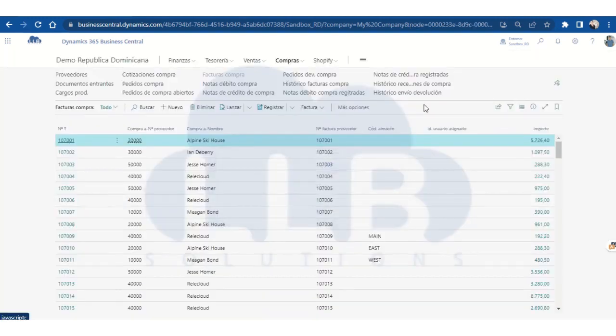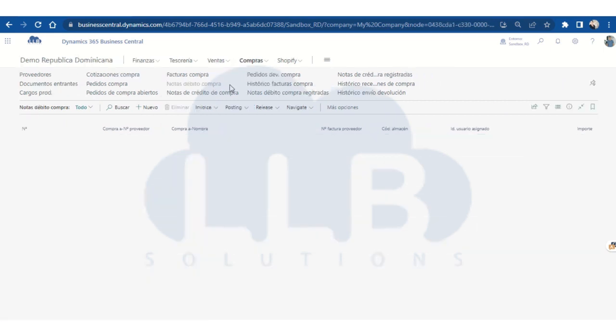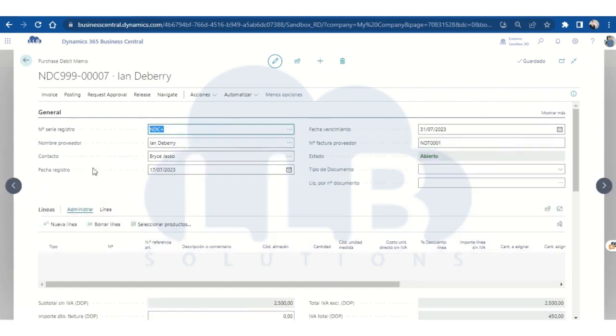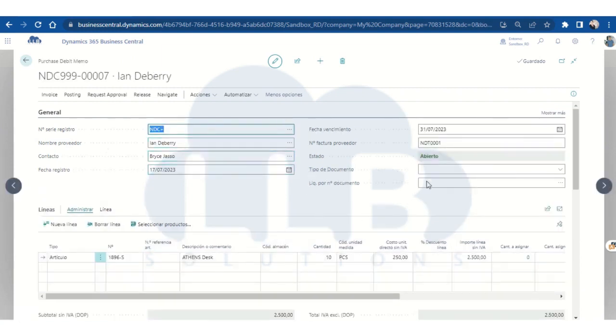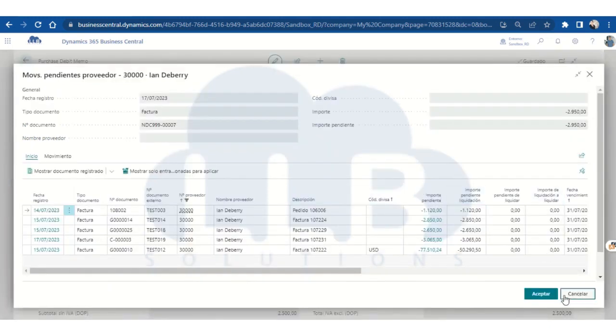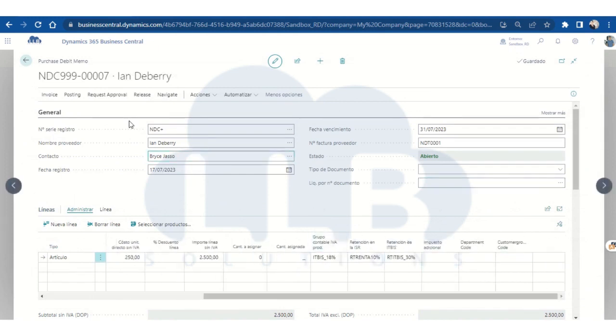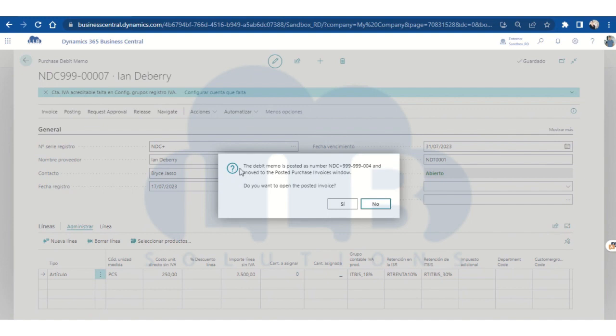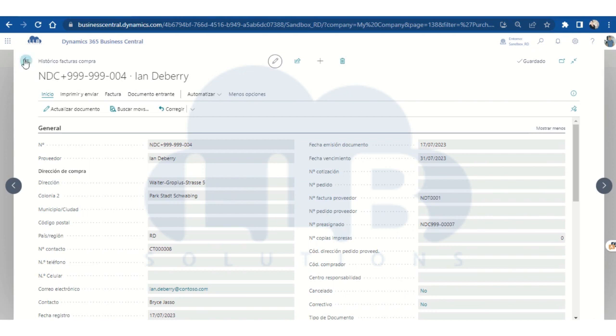And so we can also create purchase debit notes. Although Business Central does not have the purchase debit notes document as standard, we have developed this document that will allow us to increase the value of the invoice, in this case of purchase. We will be able to find the related invoice. We are also going to find the fields of retentions and others, and we are going to post it, and we are also going to have a history of